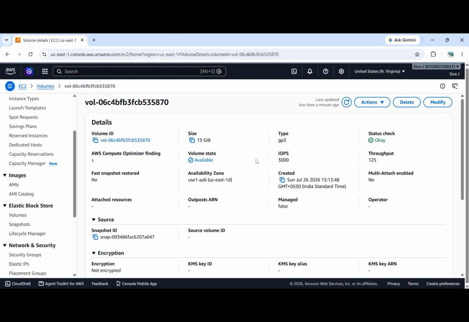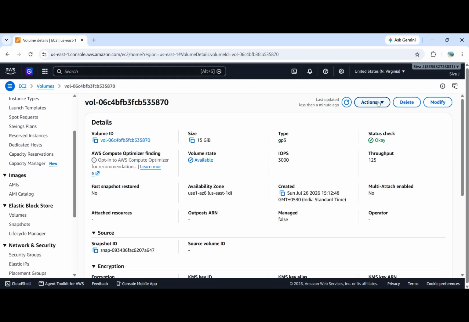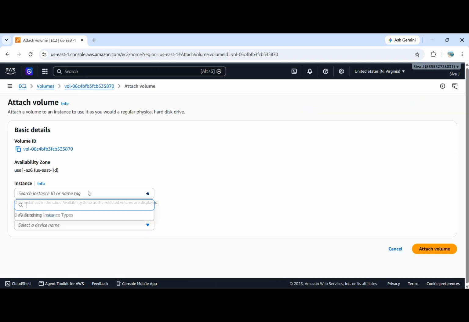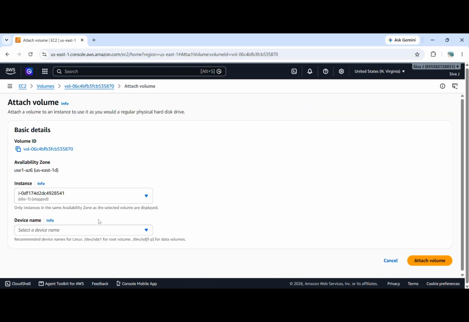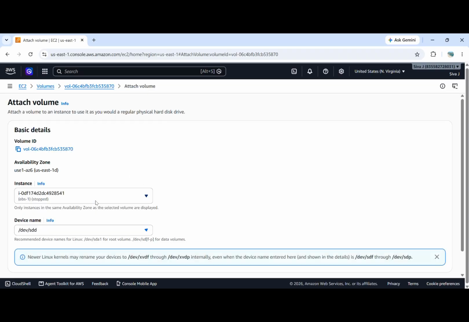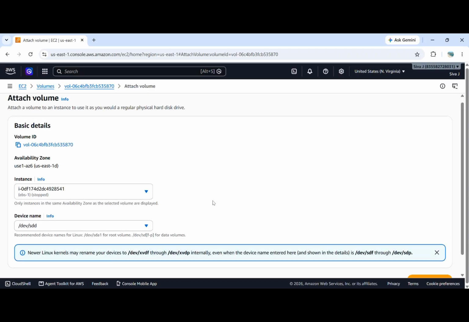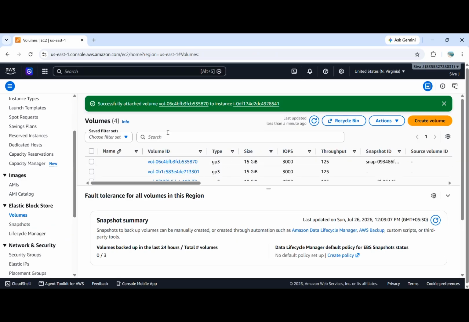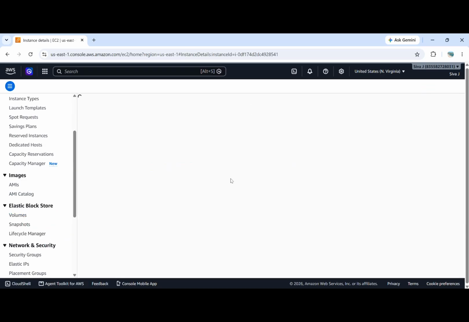Go to the Volumes section. So this is created. Now it is in available state. Click on Actions, Attach volume. So my instance is present. /dev/sdd is my device name. I'm attaching it. So if you go to the instance,